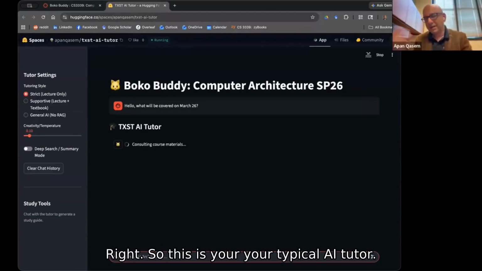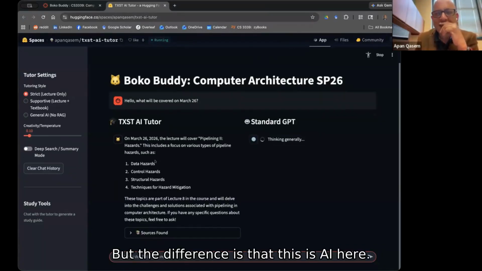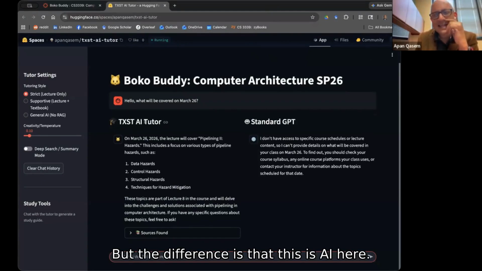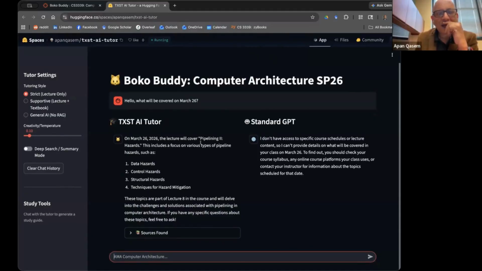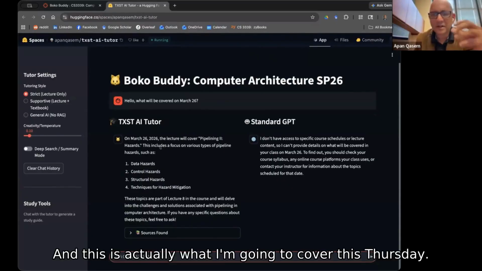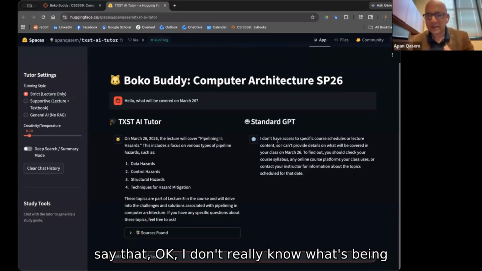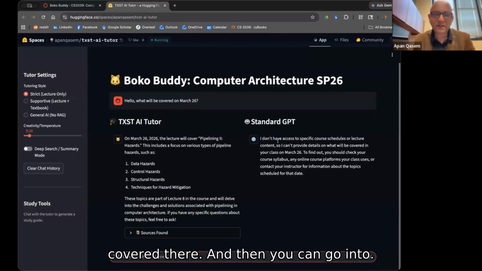So this is your typical AI tutor, but the difference is that this is our Boko Buddy. It actually tells us, okay, March 26th, and this is what I'm going to cover this Thursday. Whereas the standard ChatGPT, of course, will say that, okay, I don't really know what's being covered there.